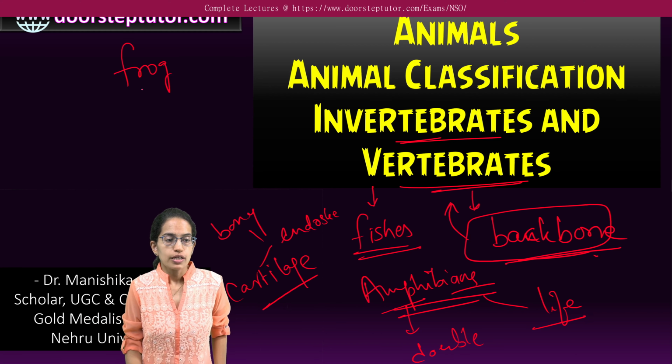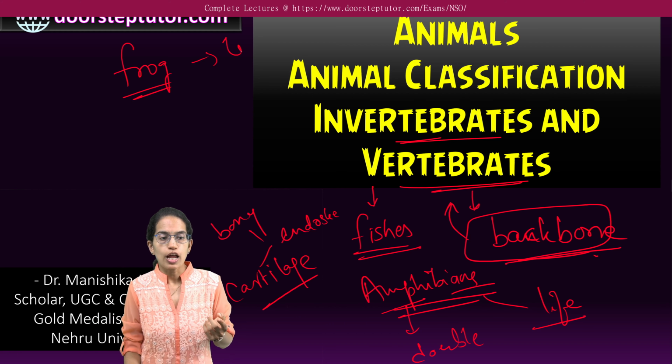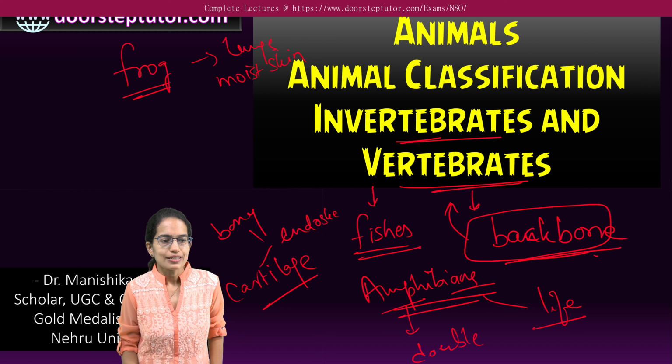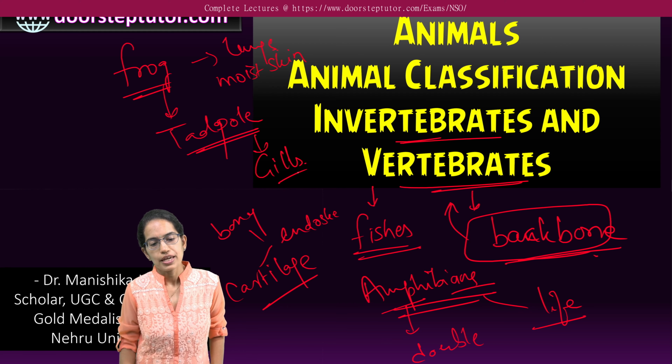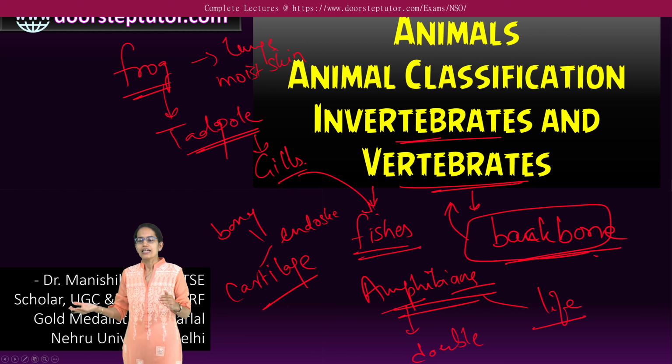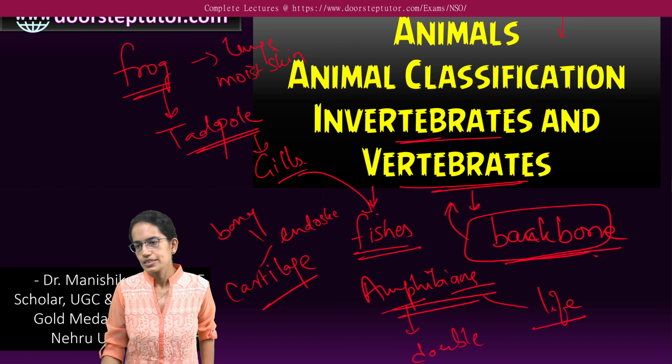Now a frog takes air through lungs when it is on land. When it is in water, it takes air through the moist skin. But the young one of a frog is called a tadpole, as we have studied, and this tadpole has gills. It behaves similar to fishes. Clear? The next higher order organism that we would understand is